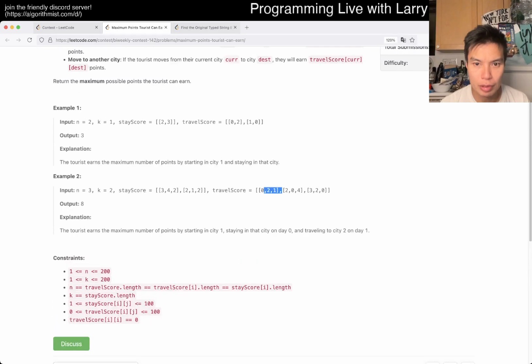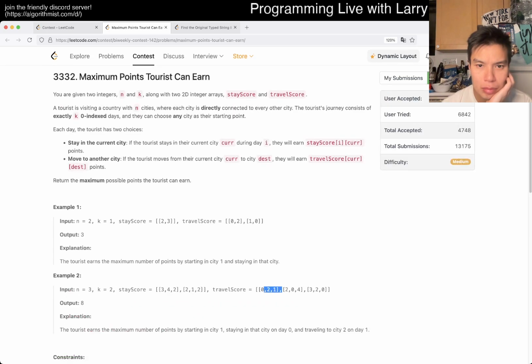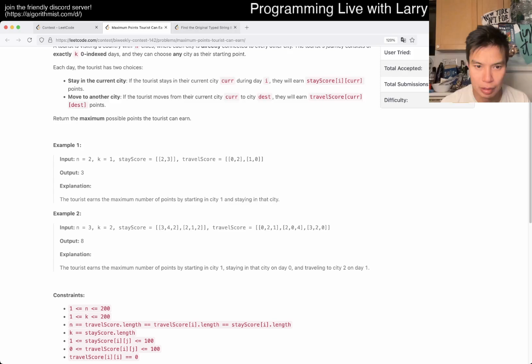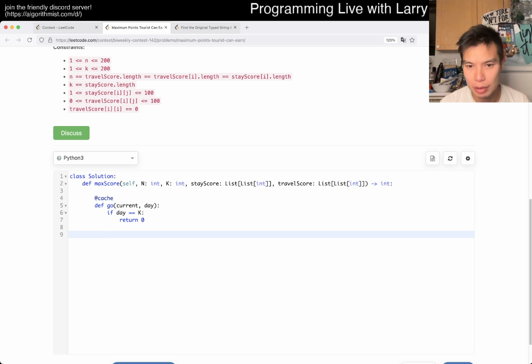What is the, oh wait. Oh, the stay is the, I was getting a little confused on this thing, but this is a double thing. Okay, I mean that's fine. So if day is equal to k, then we return 0, we're done. Otherwise we want to take, or we just stay.